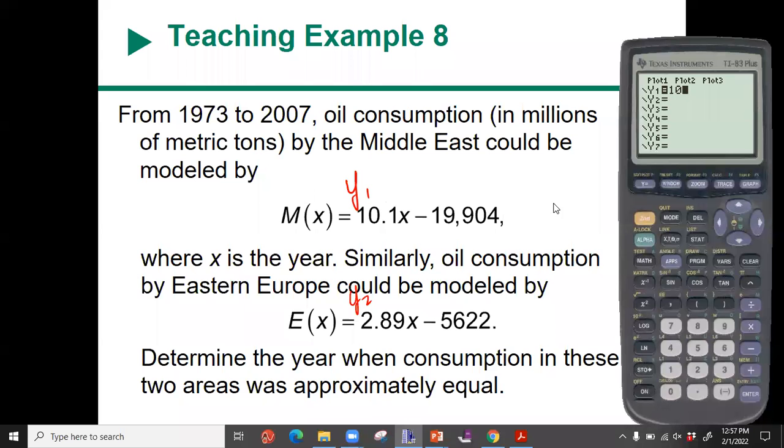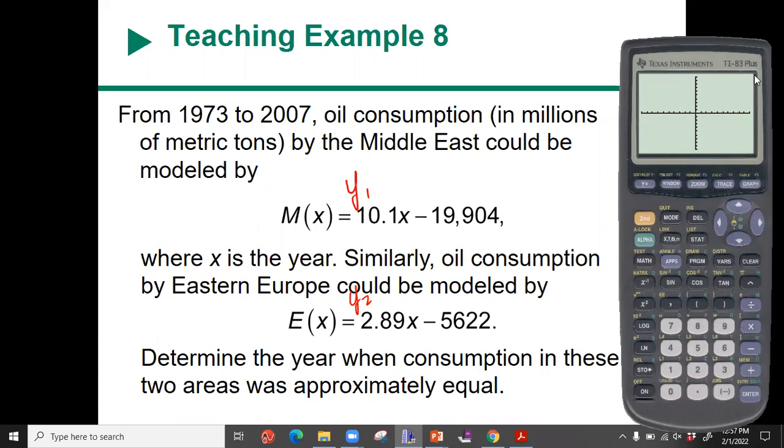All right, continue with calculator. So 10.1x minus 19,904. That's y1. My y2 is 10,8900x minus 5,622. So I have those in, and I'm going to model them. Now, when I hit graph,